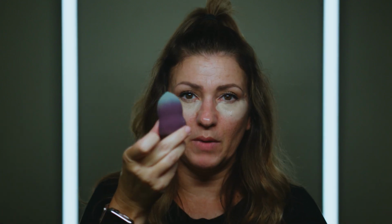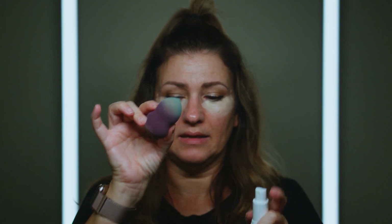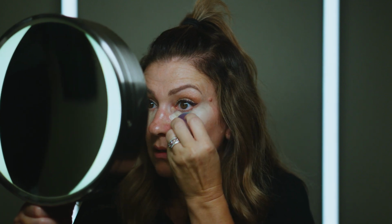So here is my little beauty blender. I don't use a beauty blender to put on my makeup, but I do use it for my concealer. So I'm gonna just take this and spray it with my setting spray, and then I'm gonna go in